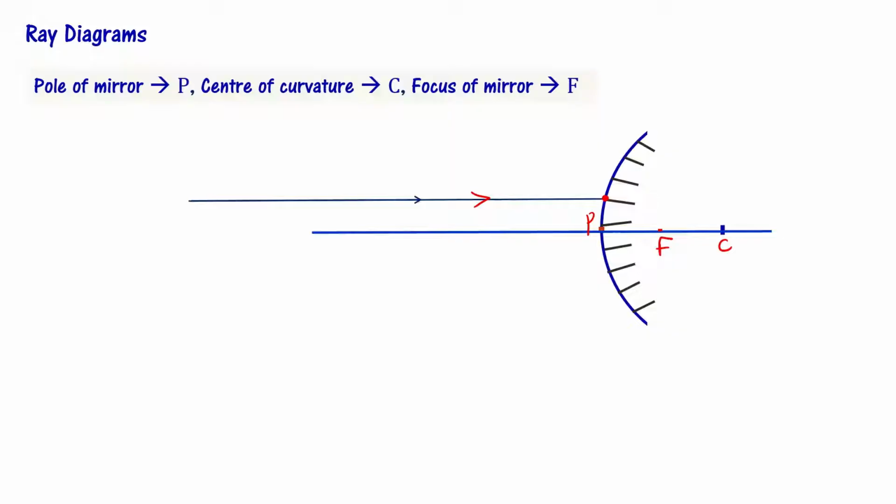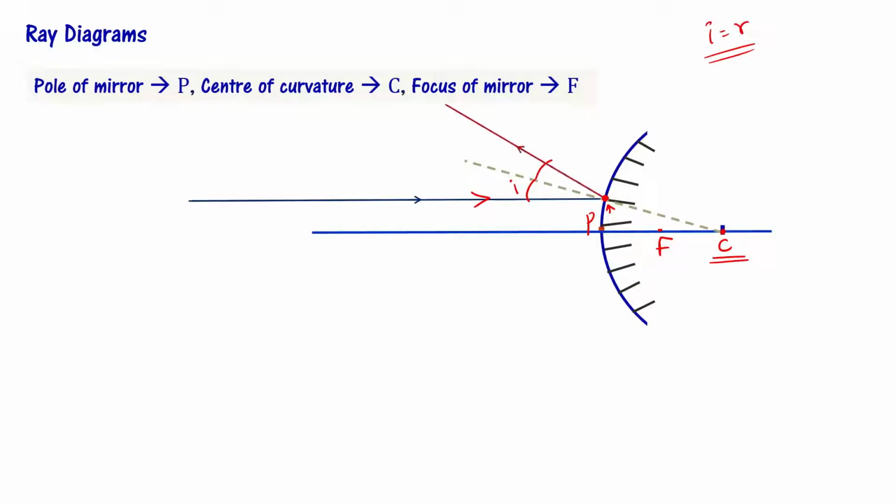If I want to know, first I have to draw a normal. Drawing the normal means you have to connect the center of curvature with the point of incidence, right? When you connect, you get the normal. This is the angle of incidence, I, right? Now, angle I equals angle R. We know this is the first law, right? The angle of incidence is equal to the angle of reflection. Now, with the help of that,